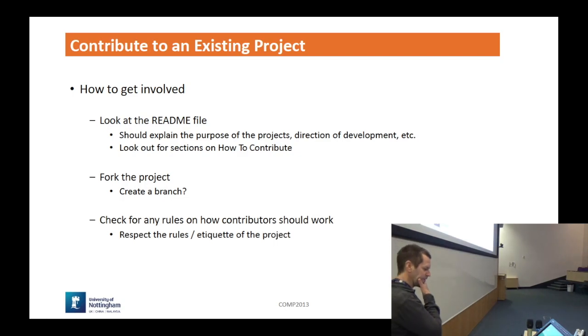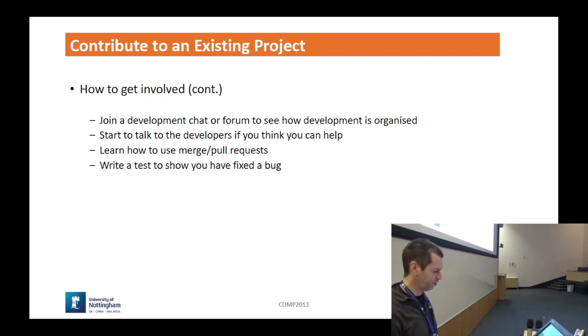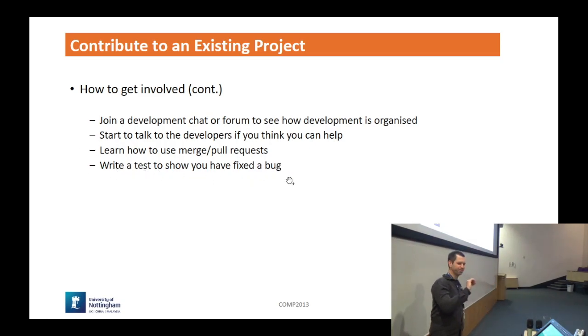And there are lots of different avenues to get involved, like look at the current chat, right? There'll be a chat room for developers. You can talk to other developers to ask how you can help. You can use the existing versions. You can fix a bug and write some unit tests or integration tests to show that you fixed the bug. This will be the first thing that you'll be asked to do when you start a new job. You'll be given a piece of software and you'll be asked to fix the bugs, which is why we're going to talk about debugging.